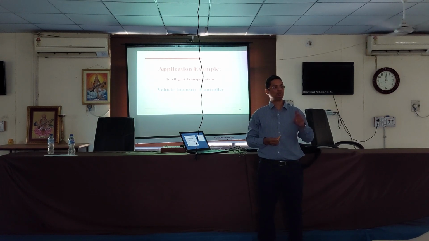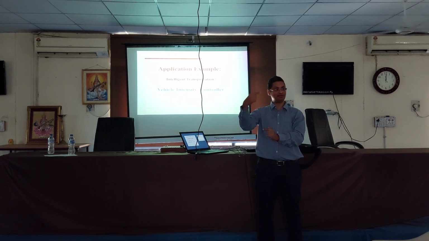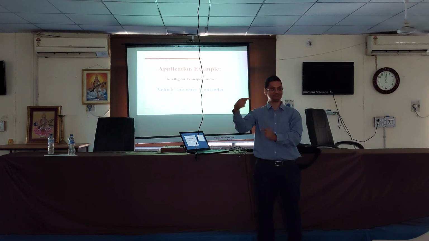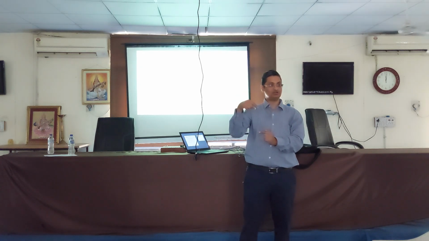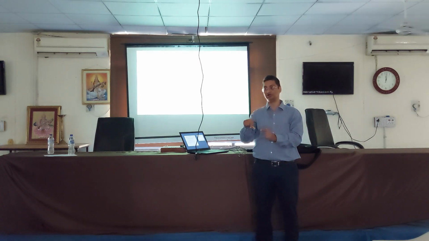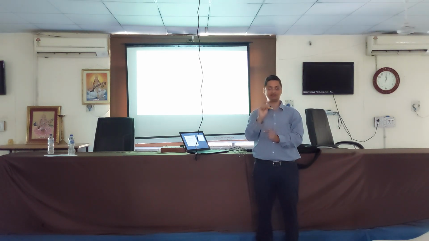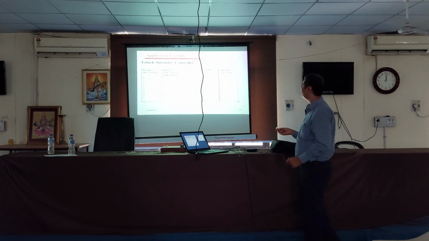So two inputs. One is the distance between two vehicles, and the second one is the light intensity. I am talking about this in 2005, when most people in India did not know about fuzzy systems. A solution was tried by a company, but they were not able to solve it. I will tell you how just a click could solve the problem. So what was the thing? There were two instances,